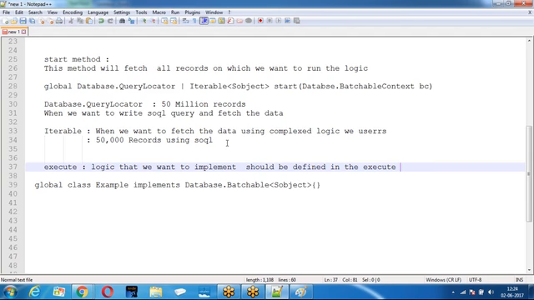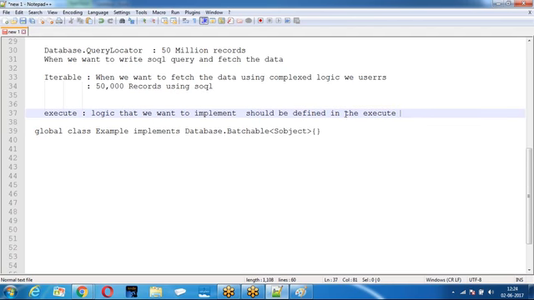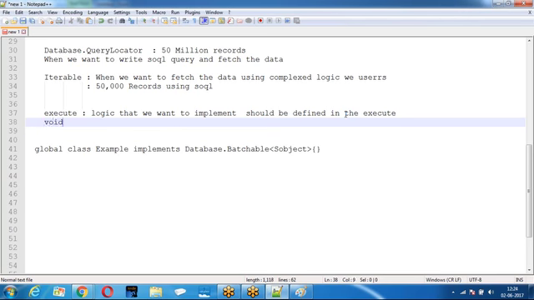Okay. Let us see the third one, finish. What is the syntax of this? Global void